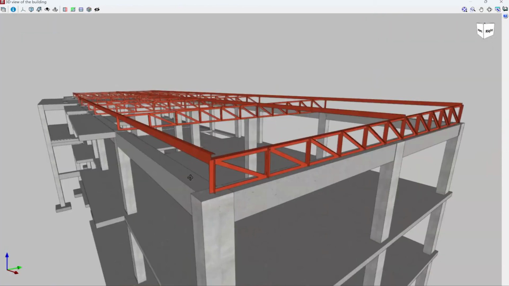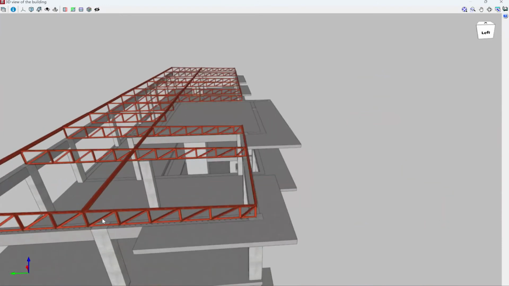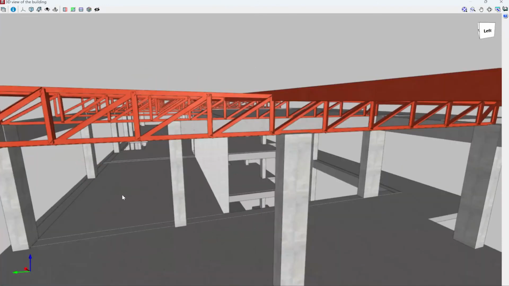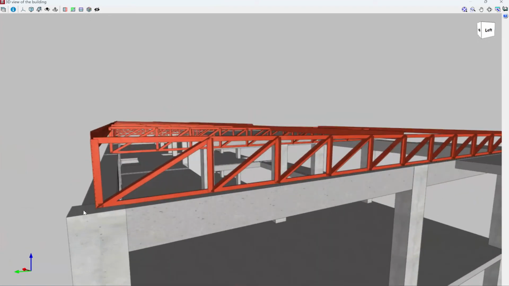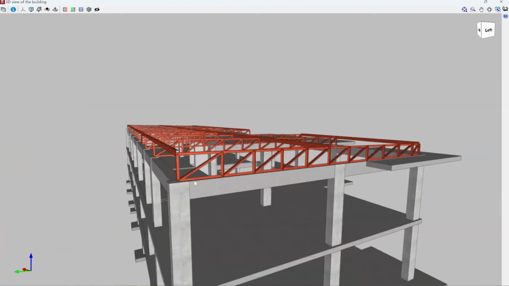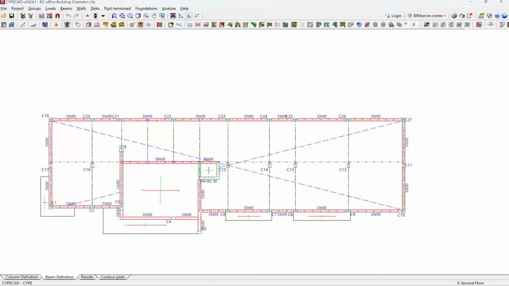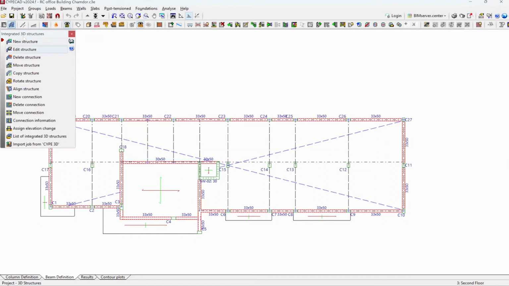timber truss structure. So for this one here, we've just given a little bit of background, but this is still to be developed more in terms of the roof type. Yes, the client still had to decide on what he's going to do. But what is good about the software is that once you've done the modeling and you want to introduce the roof, there is what we call 3D integrated structure, whereby on the last floor you simply click integrate